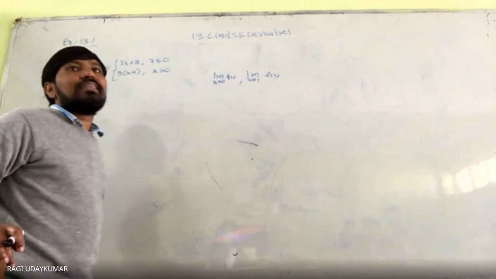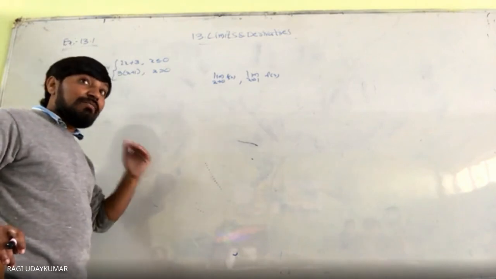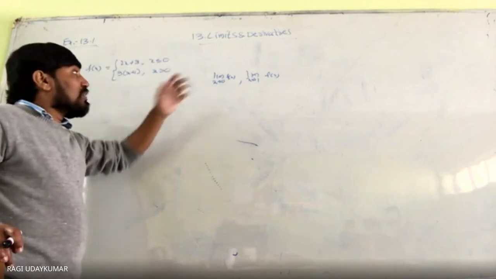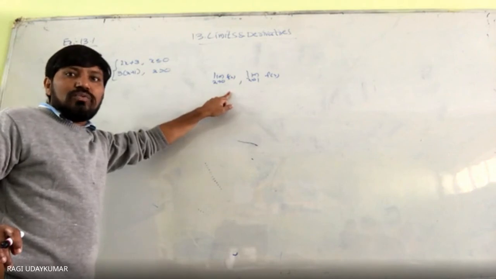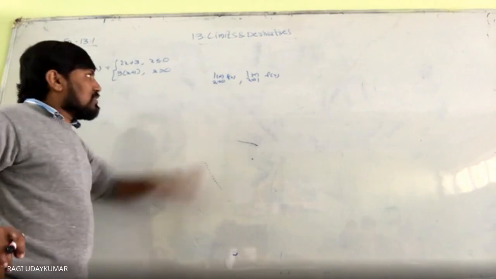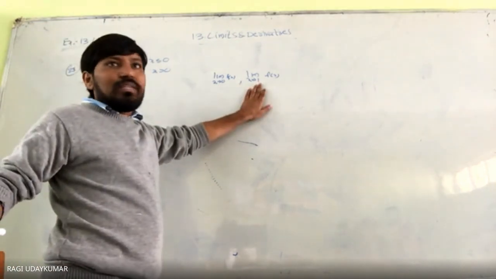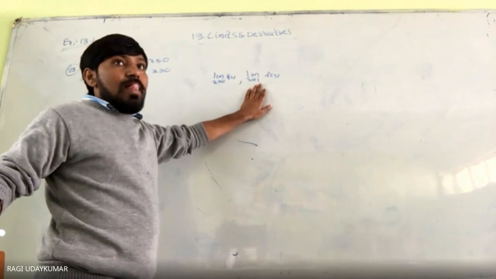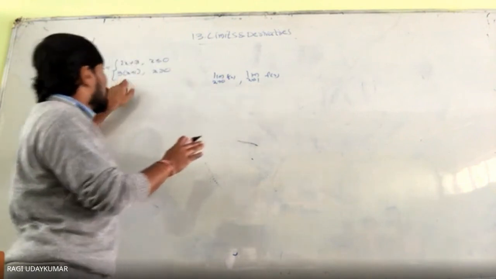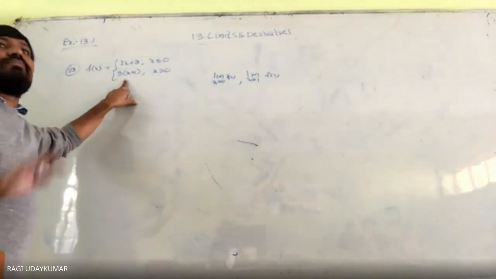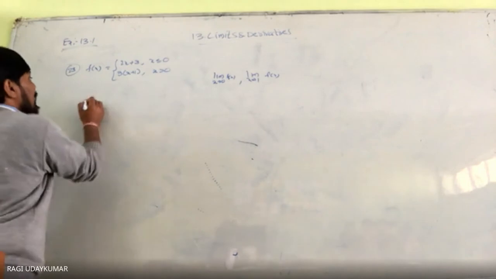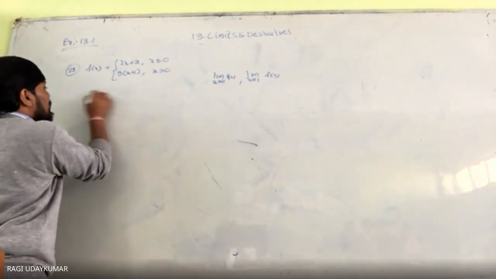Whenever a split function is given to you, at what place is the function splitting? This function is splitting at the place of 0. So whenever you need to find the limit as x tends to 0, there you need to find the left hand limit and right hand limit. For the limit as x tends to 1, the left hand limit and right hand limit are not necessary, because on the left side of 1 the function is the same function, and on the right side of 1 it is also the same function. So in that situation, that function can be taken directly into consideration. Only for the limit as x tends to 0 do you need to find the left hand limit and right hand limit.